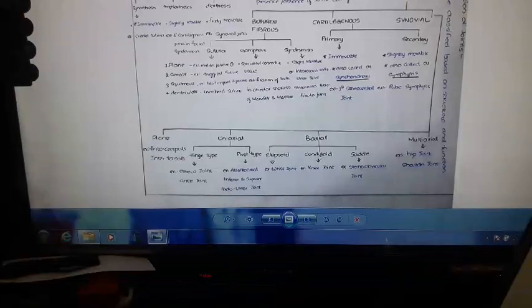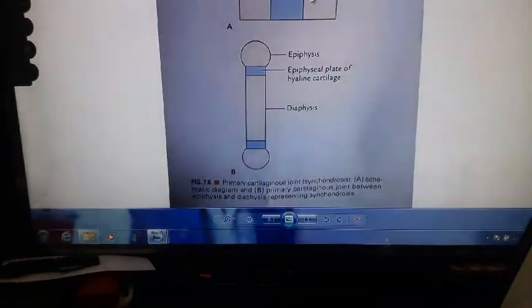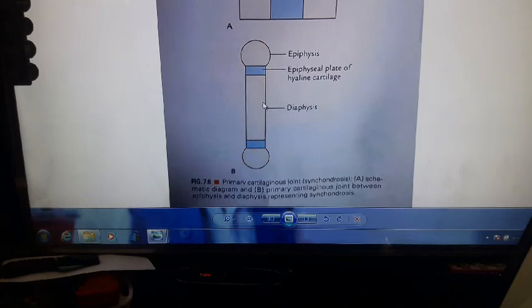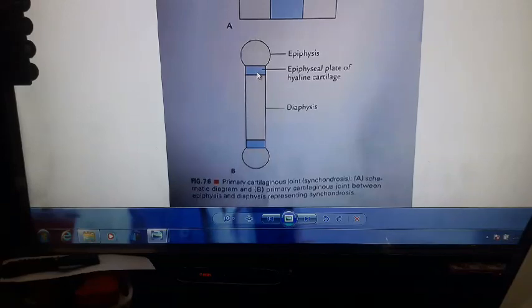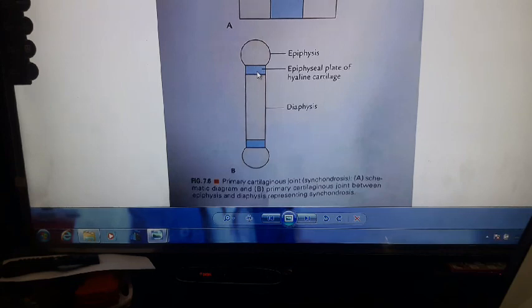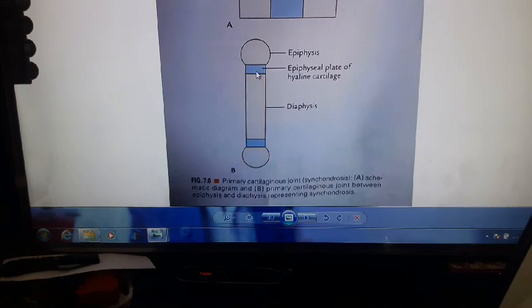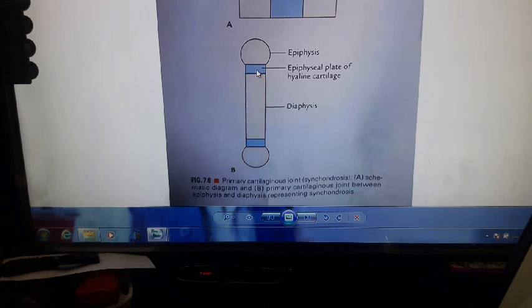First we discuss the primary. See here, this is a primary. In any long bone, between the diaphysis and epiphysis there is a cartilaginous plate. So which type is it? Cartilaginous type. That's why whenever we look at the long bone, between the diaphysis and epiphysis we have a cartilaginous plate. This type of joint we call primary cartilaginous type and also called